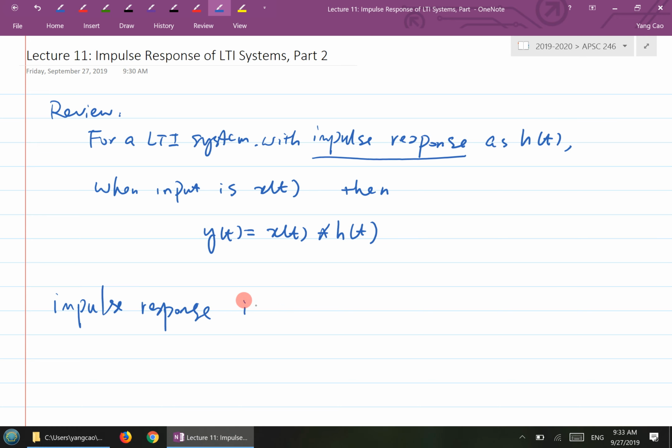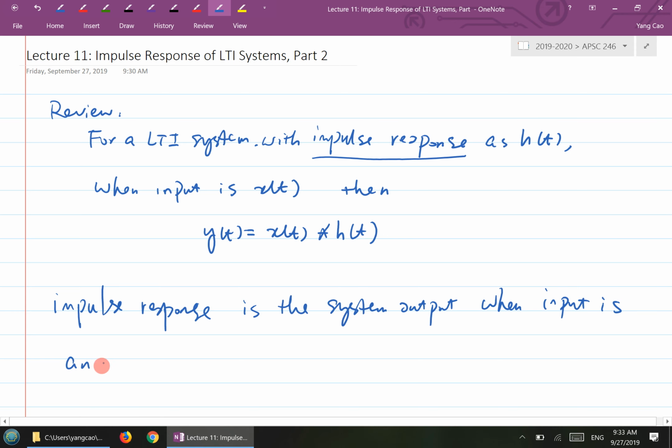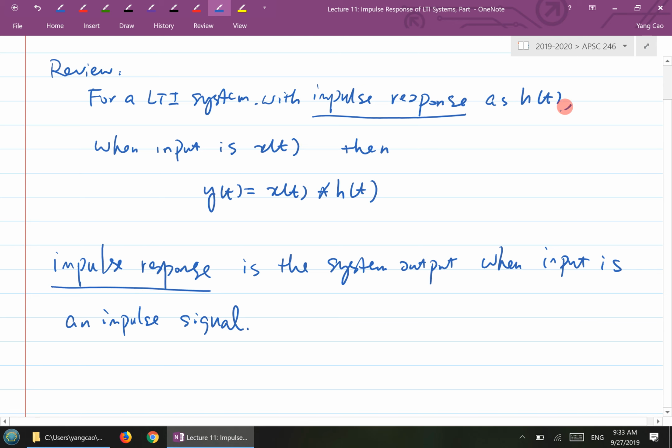So impulse response is the system output when the input is an impulse signal. And we use h of t to represent this impulse response. Instead of a general y of t as output, we use a special dedicated symbol h of t to represent this impulse response. And now the theorem basically says, if you change the input to anything else,